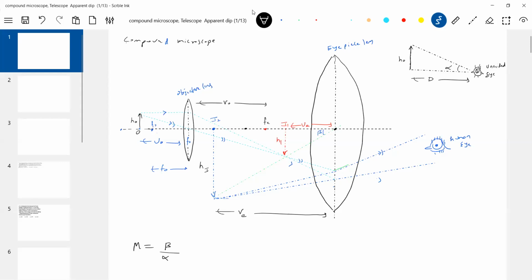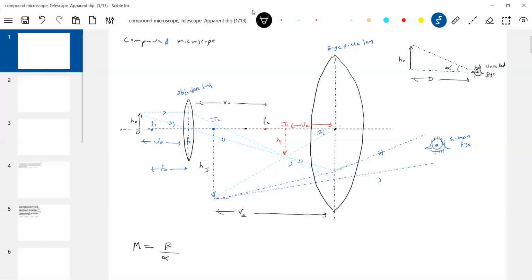Don't write alpha and beta in the same diagram. I think you might have followed the books, where they've just messed up everything. Alpha and beta are shown in the same diagram, and there the diagram becomes very complicated. Just show alpha and beta in different diagrams for the microscope. Finish. So what is beta from the diagram?